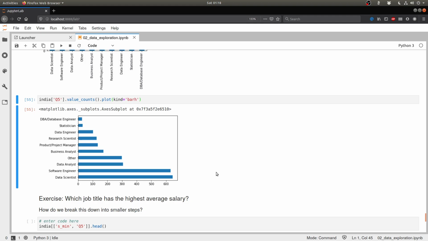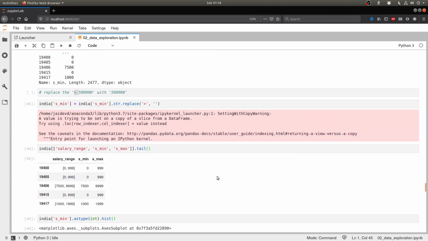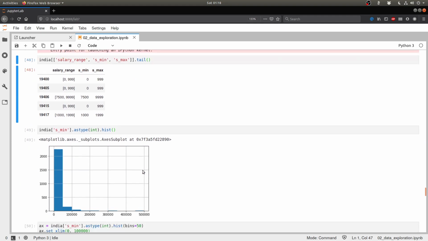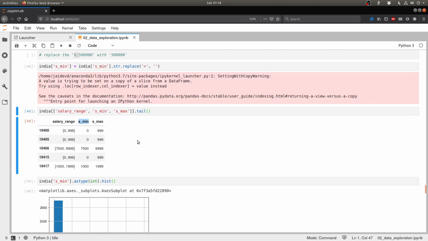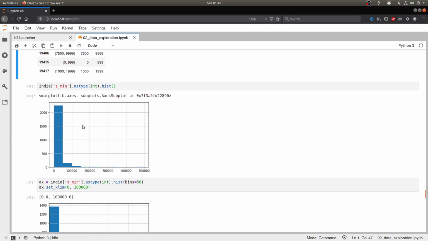Now, of course, what do we mean by salary? We in fact have two columns. We had SMin and SMax. So which of them do we consider as the salary? Well, let's take SMin, because that way we are preparing an analysis for the worst possible scenario. That is, if we find a reasonable output even by considering SMin, then we know that even if you are at the lower edge of whatever you could be earning, it's still a good outlook. So let's simply take SMin as the salary. SMax is a little optimistic. Let's go with the very conservative, worst case possible approach over here. So let's say that SMin is the actual salary that you're earning.